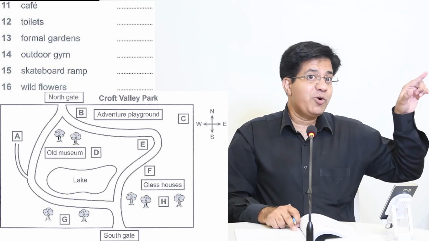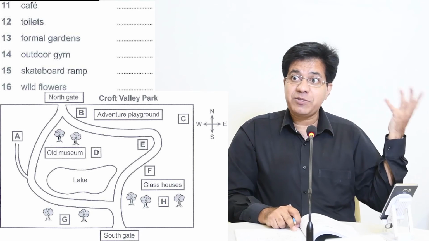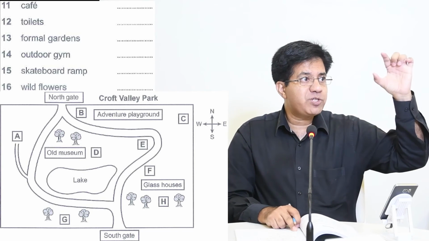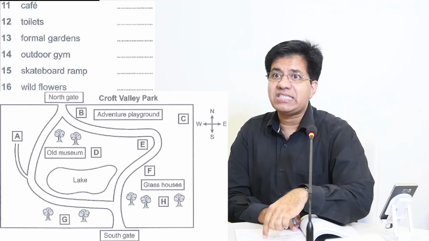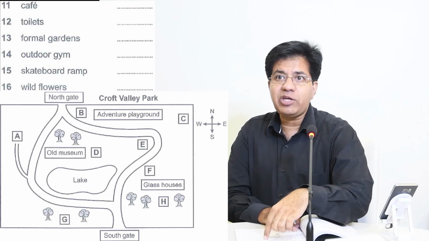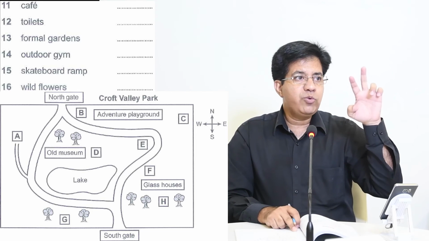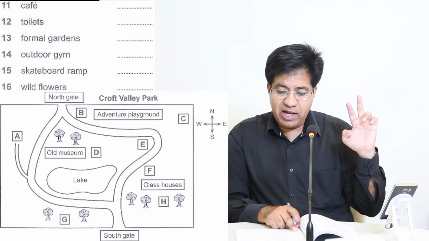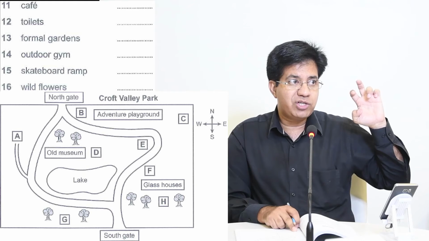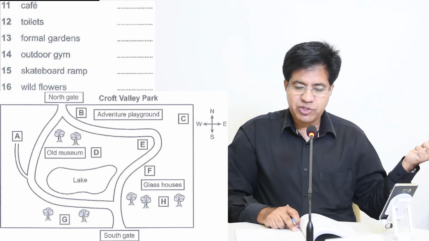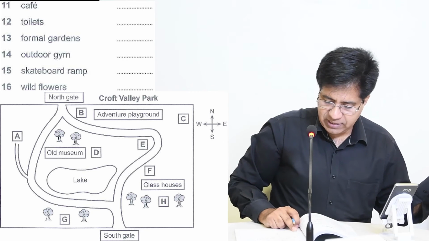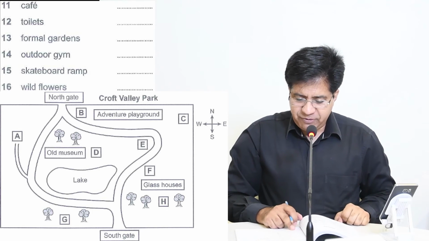H. Otherwise, it could be F. I mean F as well. So they always give 2 options and they see whether you understand. She said it's a bit hidden in the trees. Glass houses, when they said glass houses, you came to glass houses and then you realized answer can be either F or H. But when she said as it's a bit hidden in the trees, so it's understood option H is the right answer. Question number 15,